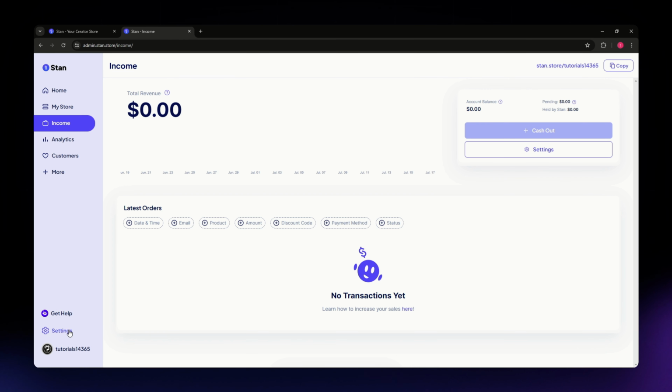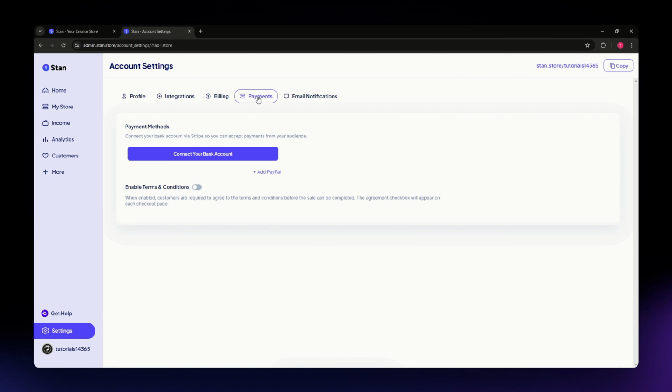So if you want to set up your bank account, you can go to your settings, go to the payment section, and just connect your bank. You can also enable the terms and conditions, and it says right here, when enabled, customers are required to agree to the terms and conditions before the sale can be completed, and the agreement checkbox will appear on the